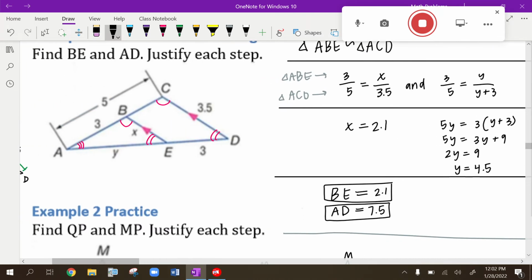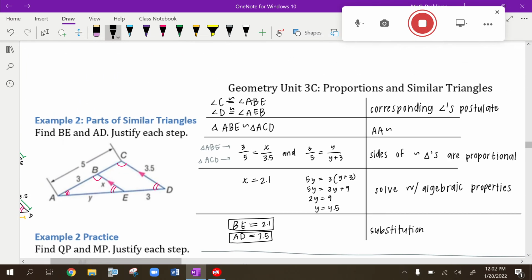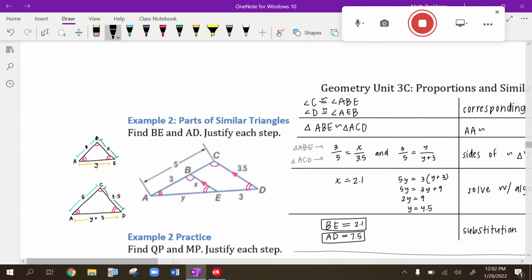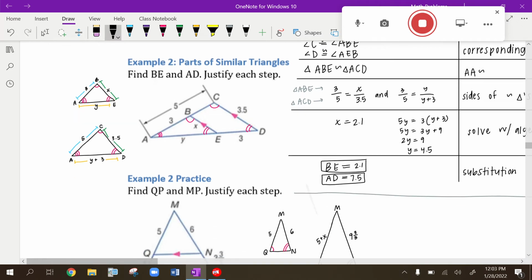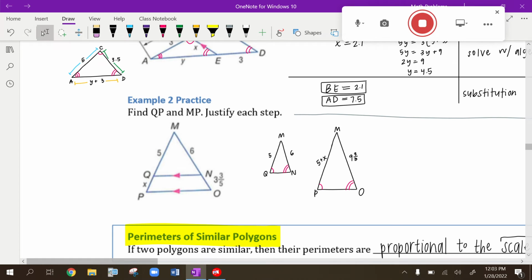Now I want you to try the next one on your own. Do the same steps, show that the triangles are similar, write your proportion, solve it, and use substitution if you need to. If it helps, draw out the triangles separately and color coordinate the sides, just like we did on example 1. Go ahead and try the practice problem on your own. I will show you the answer to this one tomorrow in class. Here's a quick diagram to help you draw the triangles separately